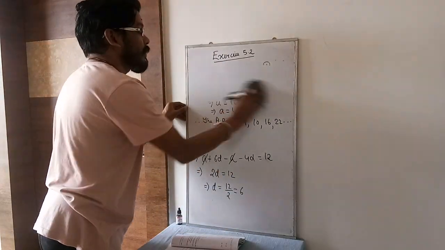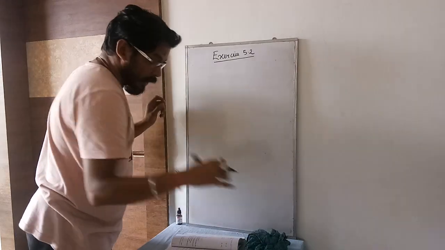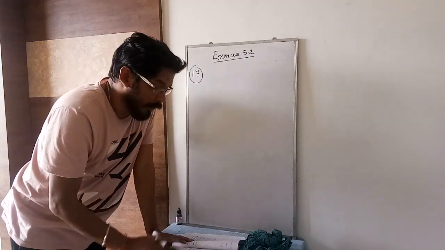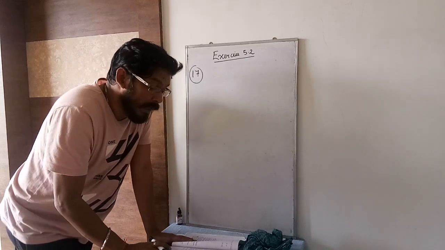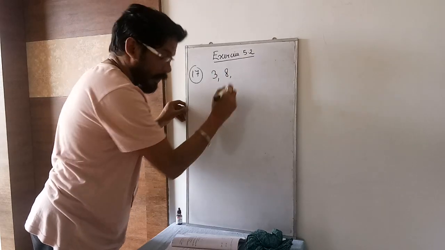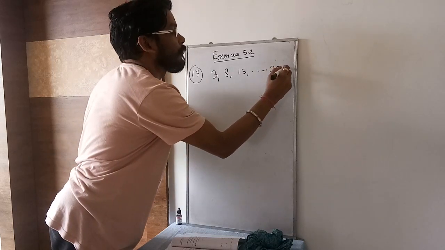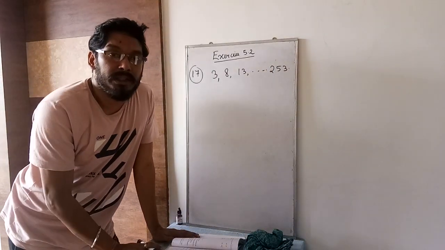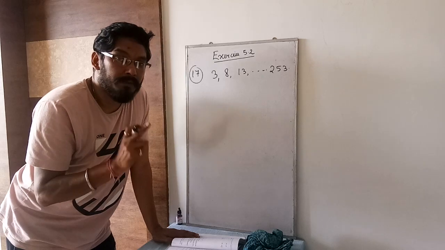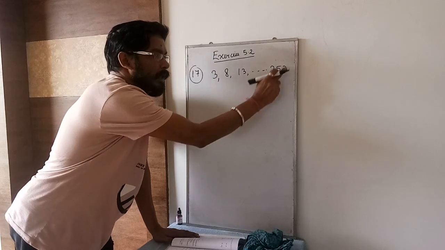Question number 17, you give a star mark. Question number 17 is very important. You will get the same type of question in the examples also, but that example is done a little bit longer. I will follow the short one. Find the 20th term from the last term of the AP 3, 8, 13, dot dot dot, 253. To find the 20th term from the last, because there are first term, second term, third term, many terms in between, and this is the last term.